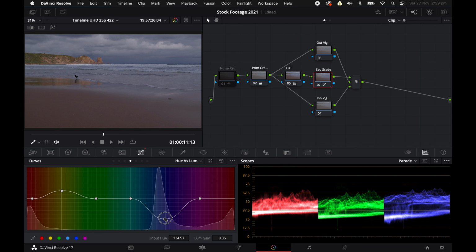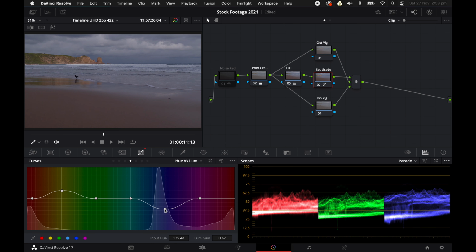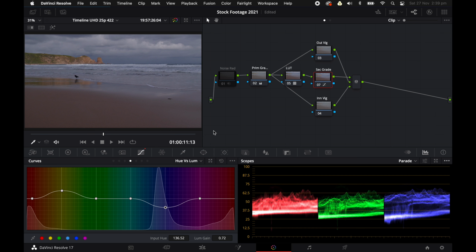But that's going a little bit too far for me. That's looking a little bit unnatural. So I'm just going to bring it back up a little bit until I'm happy with the result. That's looking quite nice. Maybe a little bit less. Yeah, I'm pretty happy with that at the moment. So that's my secondary grading with